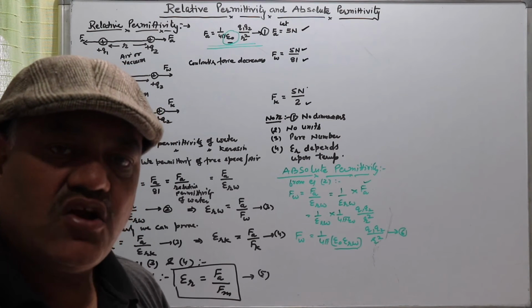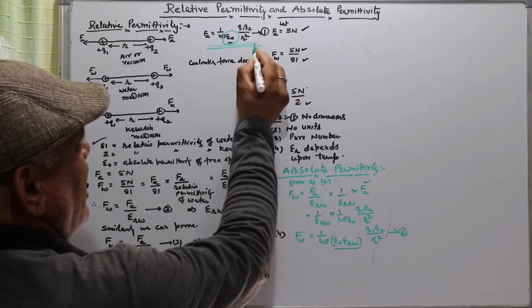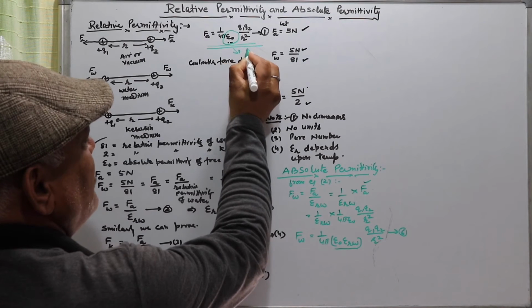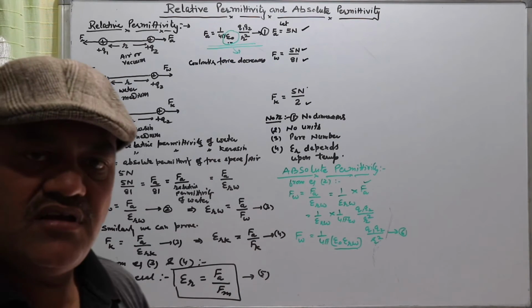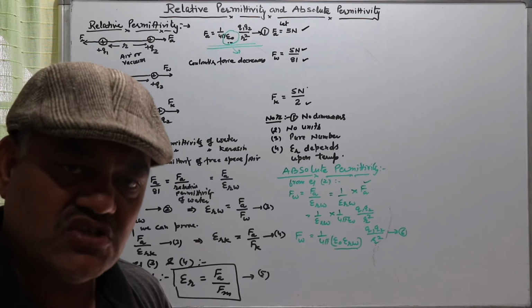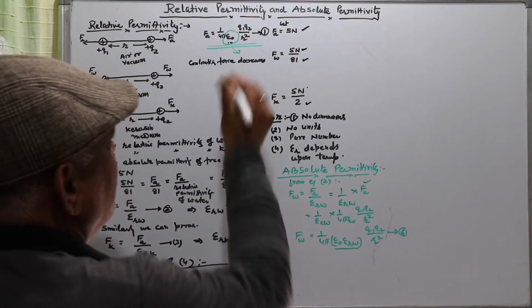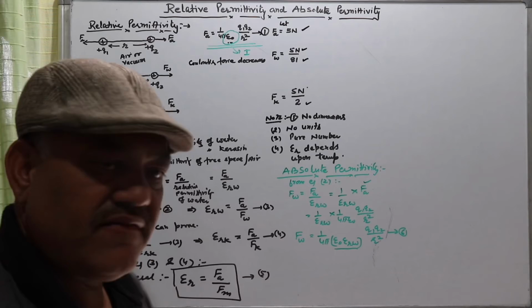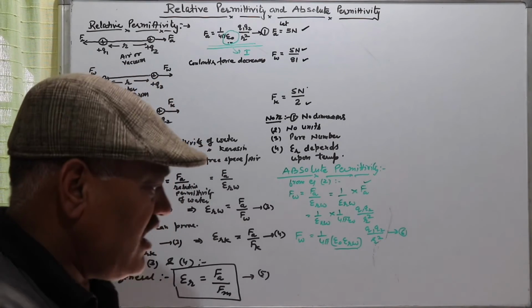एप्सिलॉन नॉट इज ए कांस्टेंट. अब देखिए एप्सिलॉन नॉट फॉर एयर एंड वैक्यूम इज वैल्यू फिक्स है इसकी, दैट इज 1. नाउ वैल्यू इज 1, कांस्टेंट है वैल्यू. अब देखिए ये भी